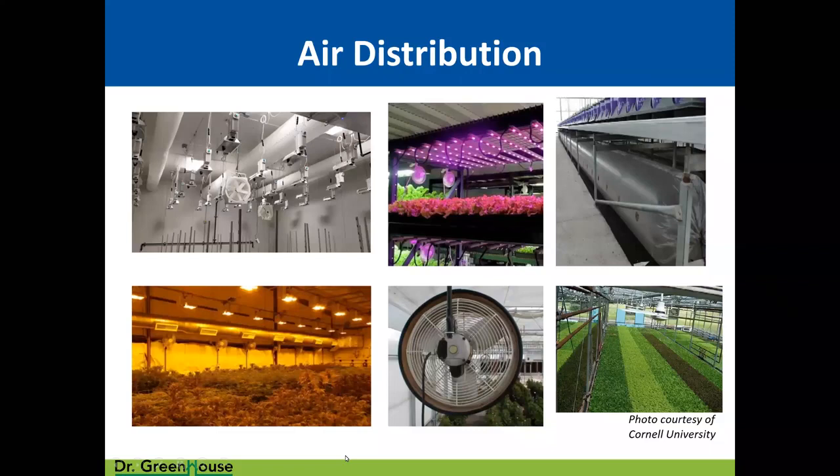I have lots of pictures of different air distribution schemes. This is just a quick sample. We have fabric ducts, in this case combined with horizontal airflow fans. Ducting is a good way to deliver air, and we can be really strategic about the diffusers we select and the locations of those diffusers in generating air movement over your plants. Fabric ducts are nice because you can work with the manufacturers and they will engineer the holes and the nozzles so that you get exactly the air velocity that you want across and through your plant canopy.